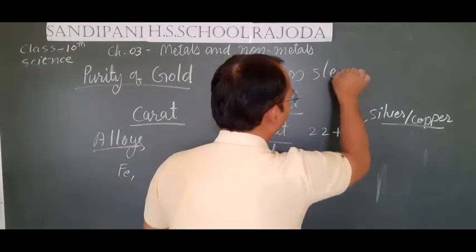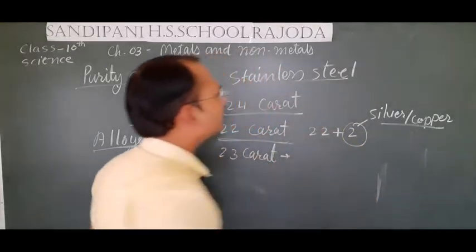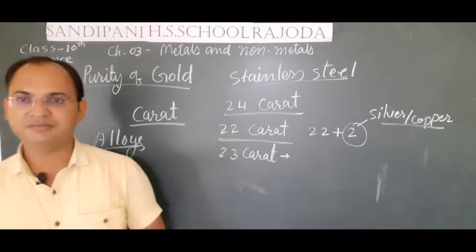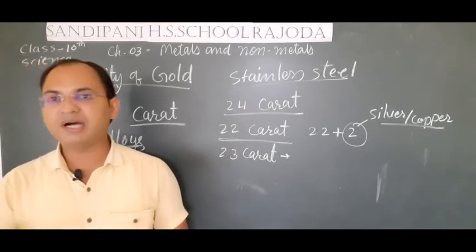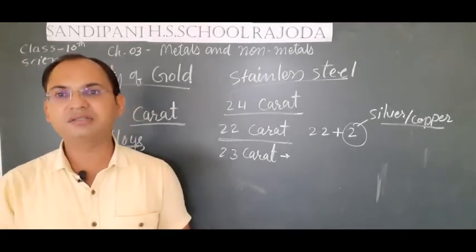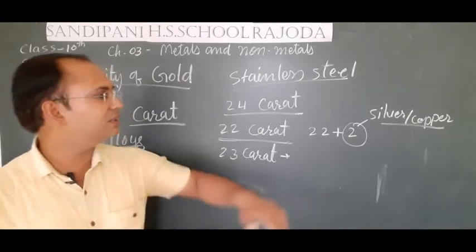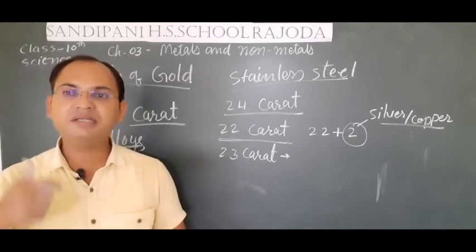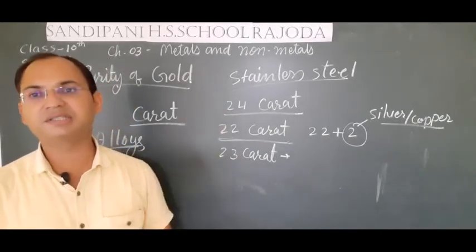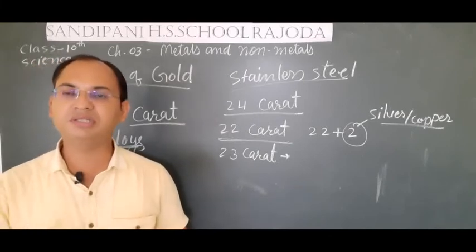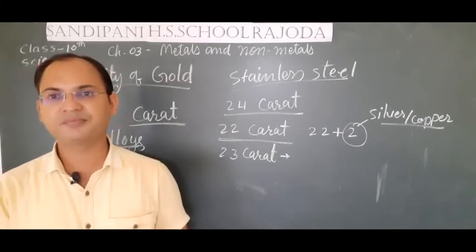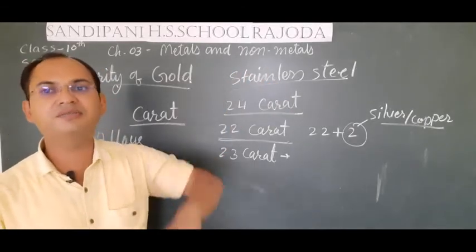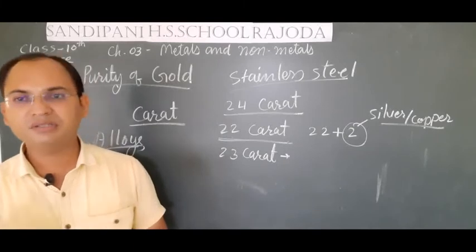Stainless steel, the main constituent of stainless steel is iron. Iron easily gets rusted, but whenever some other elements like zinc, carbon, a non-metal, etc., are mixed with the iron, then it converts into the form of stainless steel, which does not corrode easily, does not rust easily. That is the property of alloys, which are entirely different from their constituent metals.